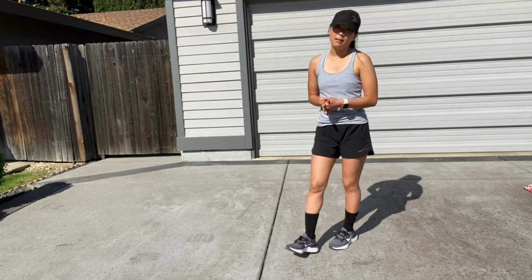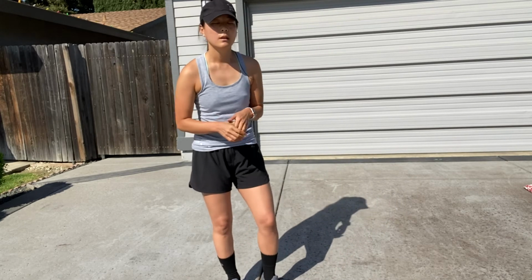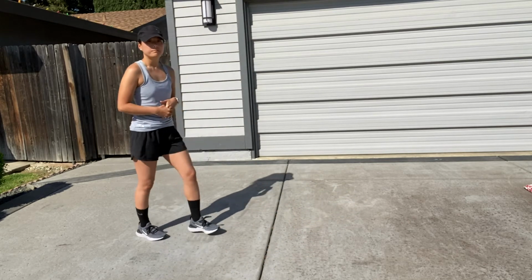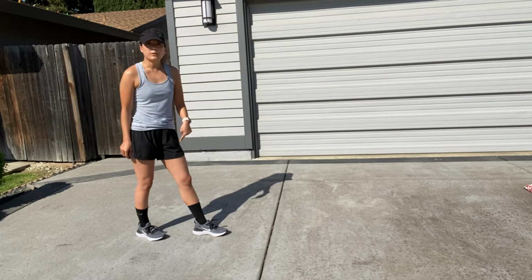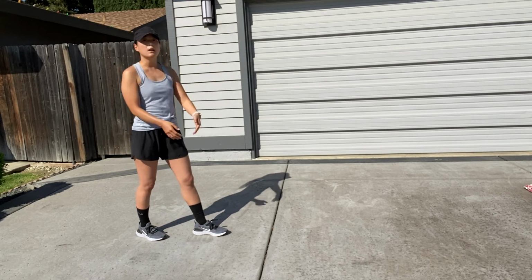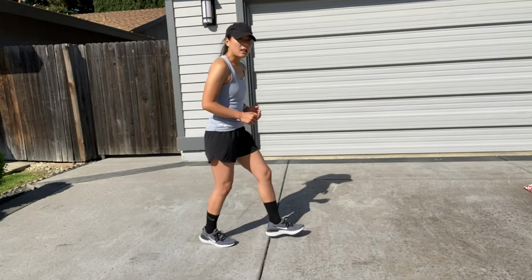a horse gallop. Okay, so this is one of our locomotor movements too. So what you're gonna do is you're gonna have one foot forward. Okay, that same foot's gonna stay forward the whole time. Your chest will stay facing forward. We don't wanna turn to the side, okay? You're just gonna gallop around